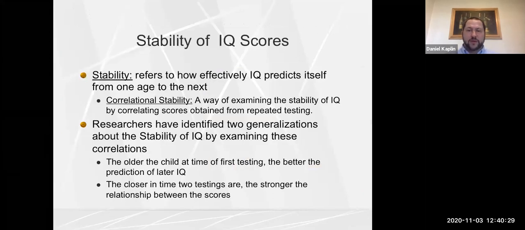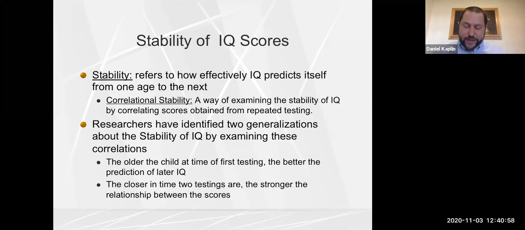So the next question. We talked about IQ, we talked about measuring IQ. Is IQ stable? If I give you an IQ test now, and I give you an IQ test 5 years from now, will your IQ be roughly the same? That's what correlational stability is, linking the scores. Are they the same or are they very similar? Well, what did researchers find as it relates to this?